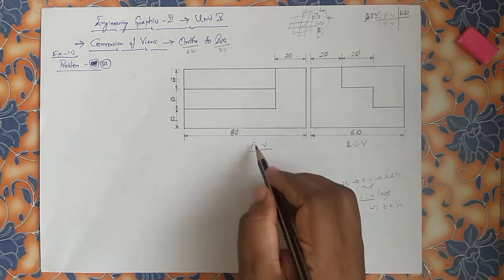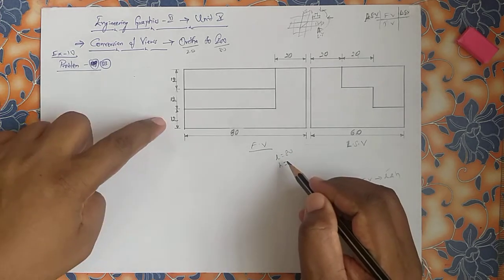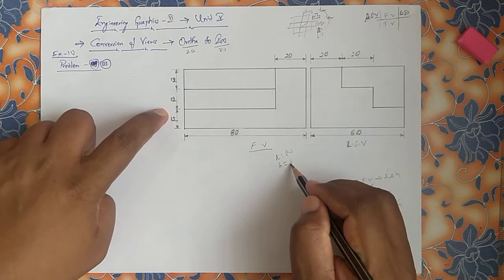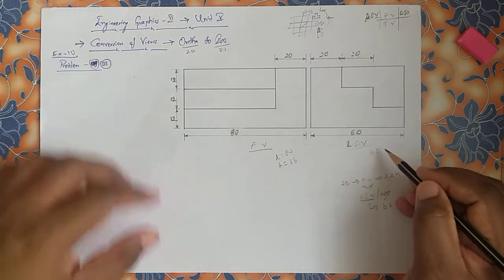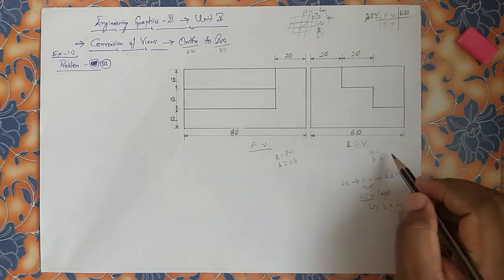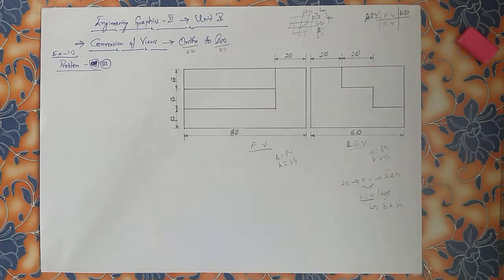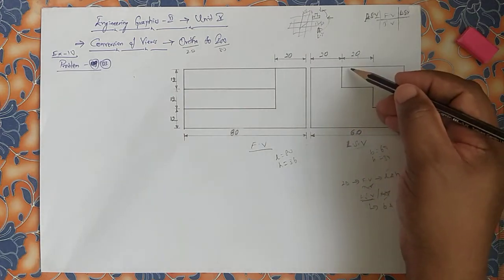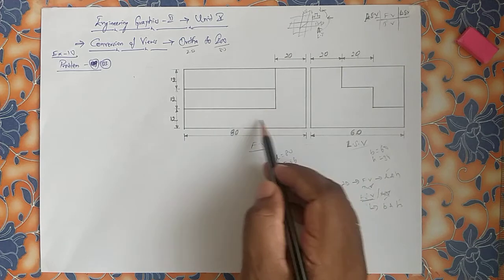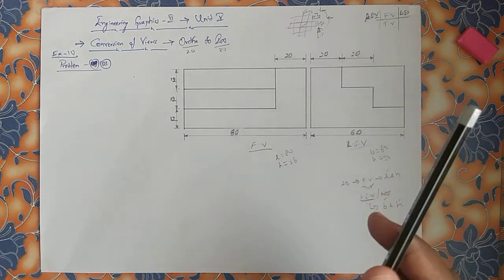For the front view, length is 80, height is 36. Left side view, breadth and height. Height as it is 36, breadth is 60. By using these dimensions, you are supposed to construct a box. It's something like steps when you are looking from the left side, step by step. But when you are looking from the front, there is one more L shape. Same problem we discussed in the conversion of 3D to 2D.